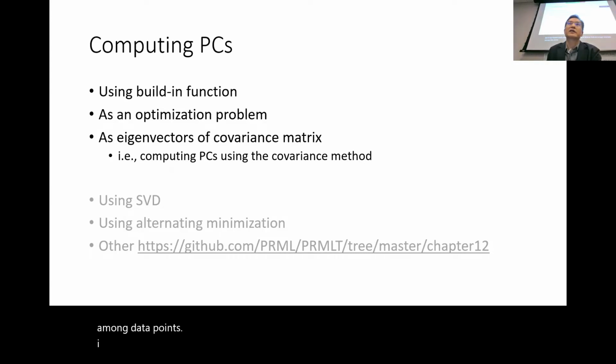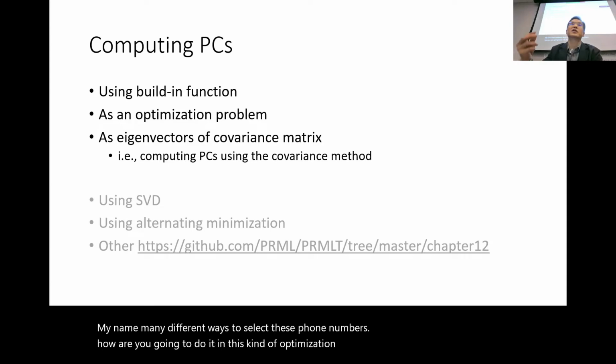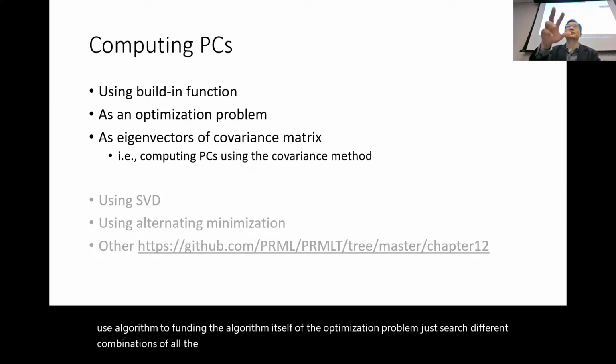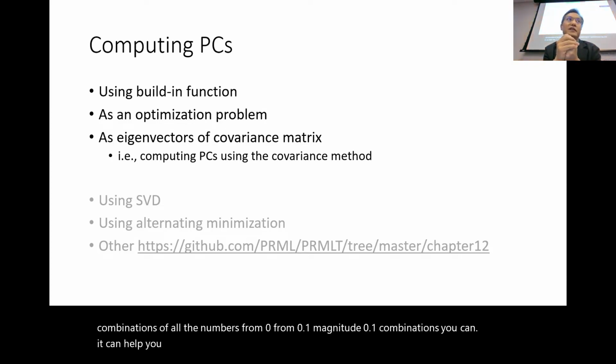I can have many different ways to select these 4 numbers. How are you going to do it? This is a kind of optimization problem. You just say, okay, I want 4 free variables. Can you use an algorithm to find it? The optimization algorithm just searches different combinations of numbers from 0.1 to negative 0.1. It can help you to finally find it as long as you give a so-called penalty function